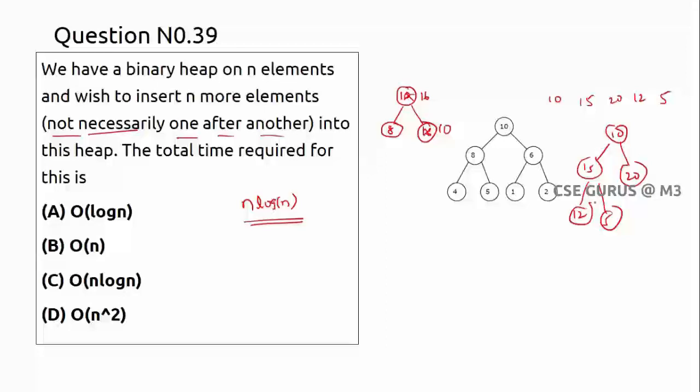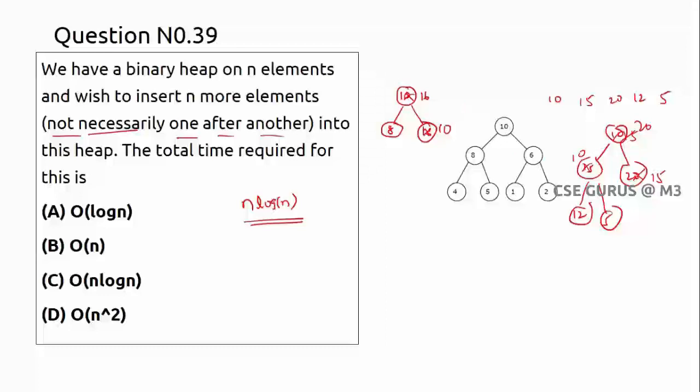See here, once after inserting, instead of going from the top, I'll go for the leaf nodes first. I'll start with 12 and 15. Is it fine? Yes. 5 and 15. Is it fine? Yes. So like this, and I'll go up. 20 or 15, 10. No. So 15 will be here. 15 and 20. No. Okay, here 20, here 15. So like this, the arrangements I have to go for.